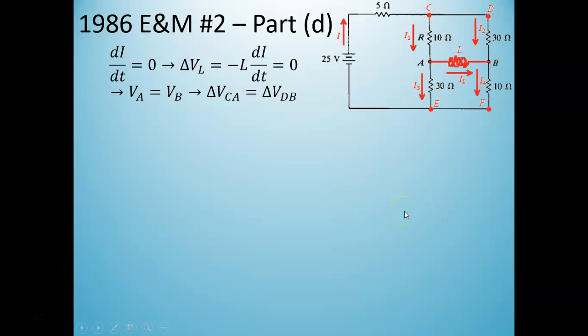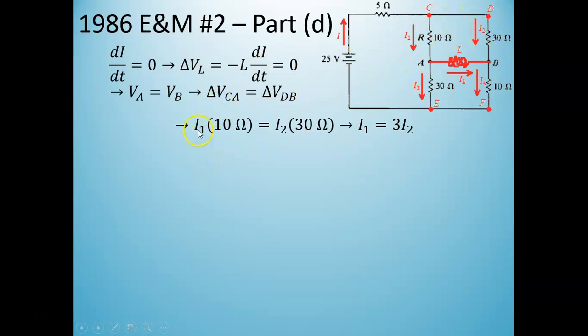That, again, is different from parts A and B. In parts A and B, these potentials were not the same. But what that means is that the currents must no longer be the same, because in parts A and B, the currents were the same in each arm. This time, they must not be, which means there's going to be some net current flow. So we have, since delta V for CA is equal to delta V for DB,